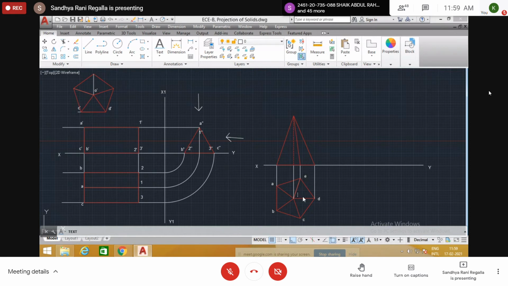And center is O. Now what is this? B dash, right? We see from this side now. B, C, D visible, so B, C, D outside we write. This is C, D, E invisible, so we write E inside.